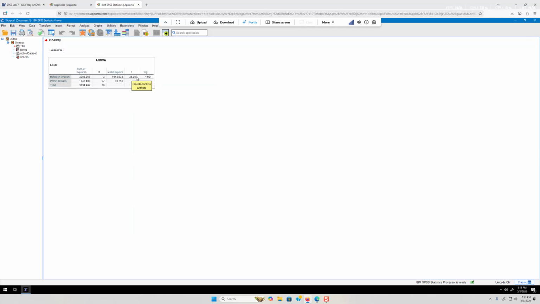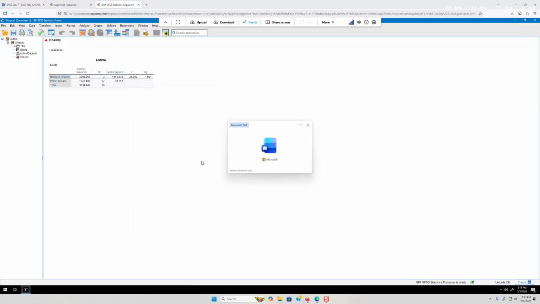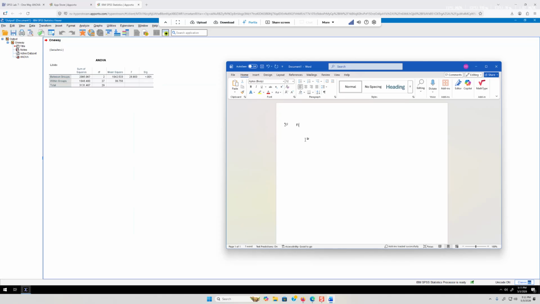How do I write this up? Once again, go into Microsoft Word or whatever your word processing document is. F and the degrees of freedom. Now we have 2 degrees of freedom. We have a between groups degrees of freedom, which is the number of groups minus 1. And we have a within groups degrees of freedom, which is the total sample size minus the number of groups. So you're going to write both degrees of freedom, 2, 27, equals the F value, which is right here,